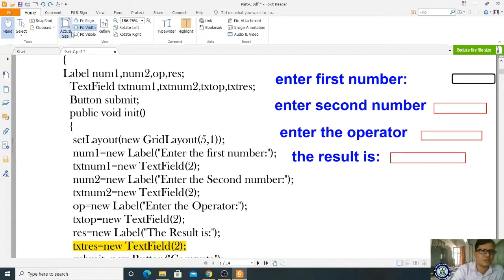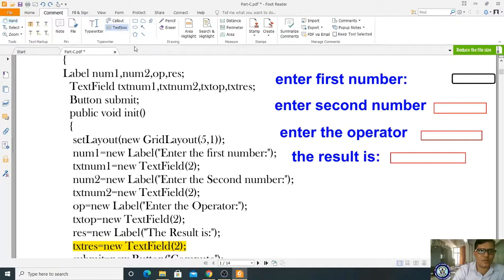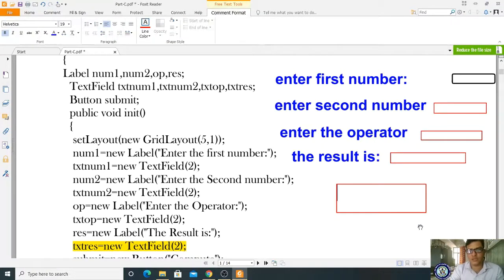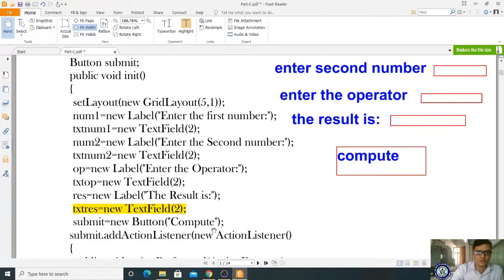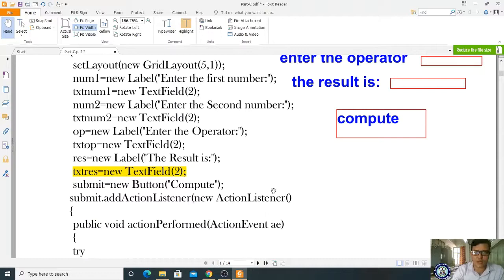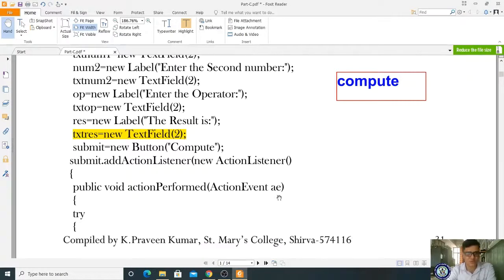Let me understand, this is the only one I am taking. Okay, you already understand, right? So let me take, this is the button, this button appears with compute. What text should appear? Compute. Okay, so you are creating the button with the text as compute. Now when you click, please observe here, this is an anonymous inner class. Just now we explained in your last topic, this is an anonymous inner class. Please observe here, if you click this compute button, submit, what is this submit? This compute button, right? Submit dot add action listener, some event has to be generated.